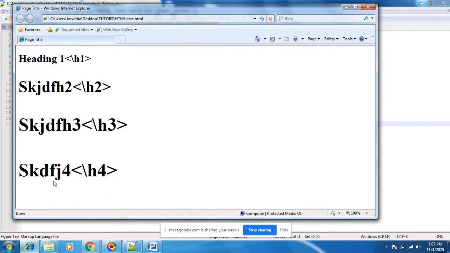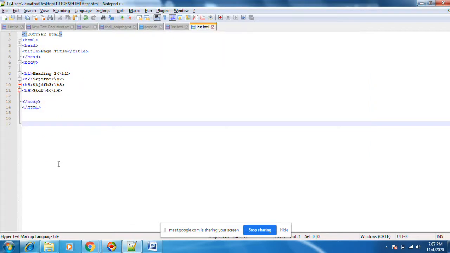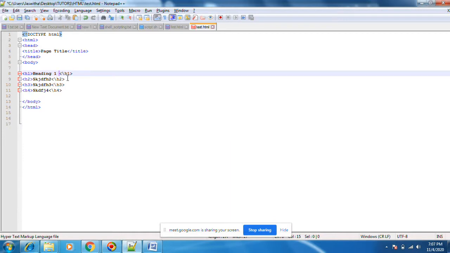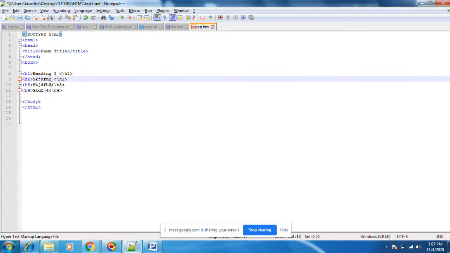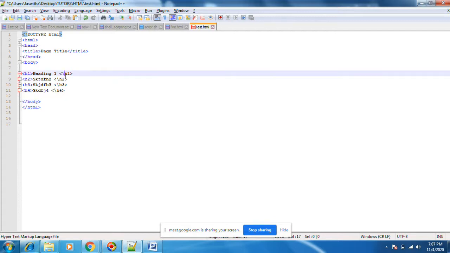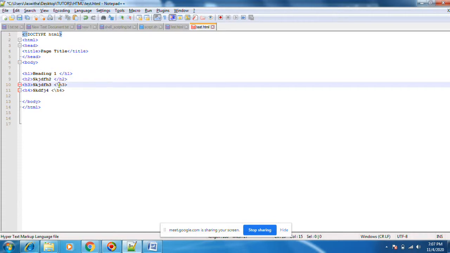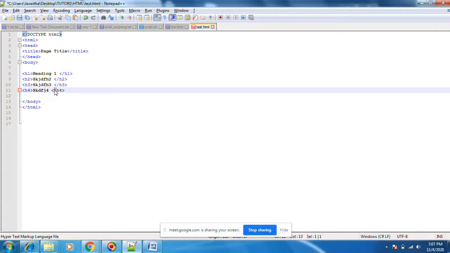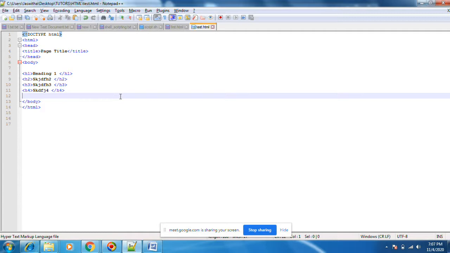What is coming? Oh, the slash is the problem here. You see, this is the wrong slash. That's why it is not working properly.